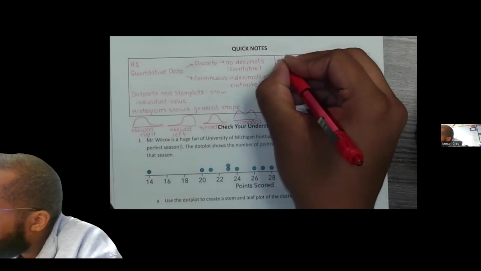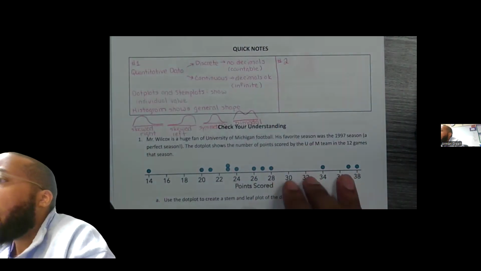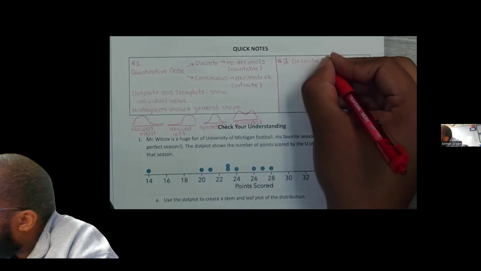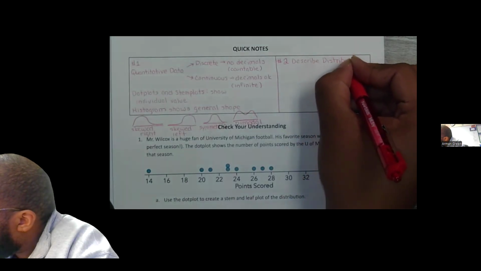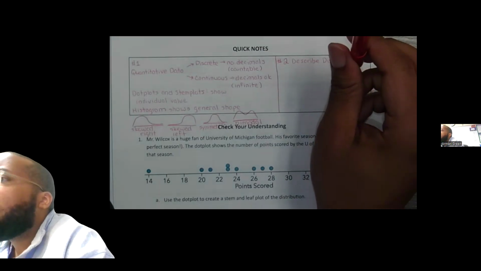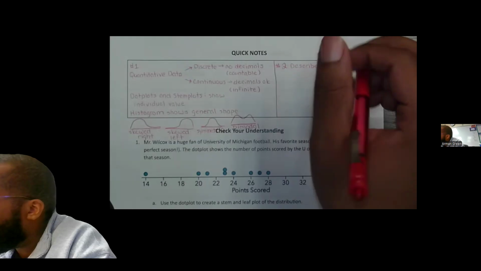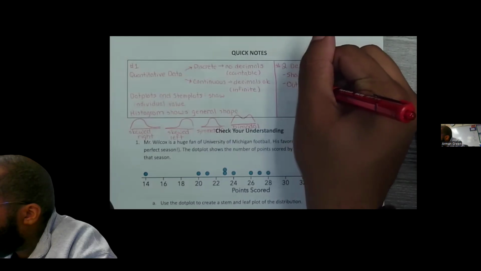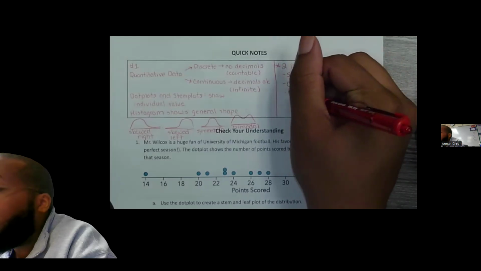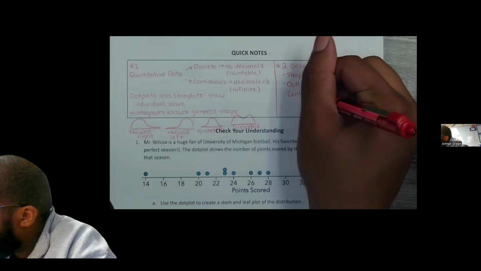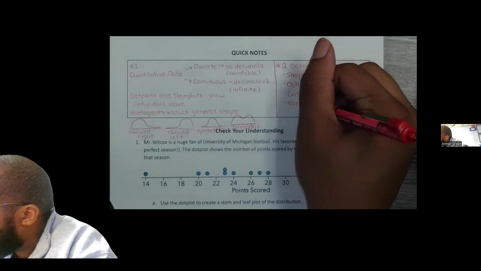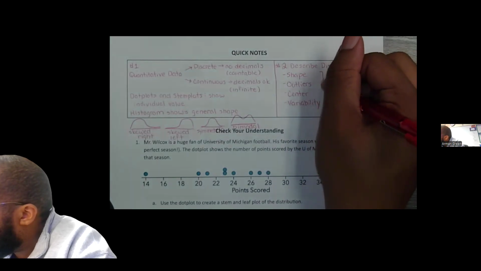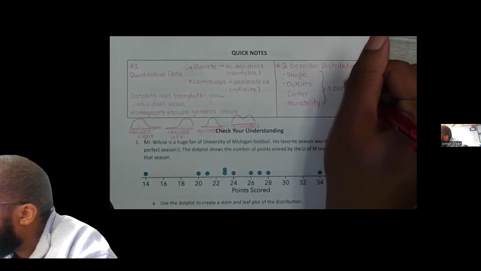The second one is where I was kind of going further into detail at the bottom of page 13, this idea of describing your distribution. All right. Four components when it comes to describing distributions. You need to know your shape. You need to talk about any potential outliers. You need to talk about the center, and you need your variability or spread, SOCV. And of course, when you're doing all of this, you need to make sure that you include context,